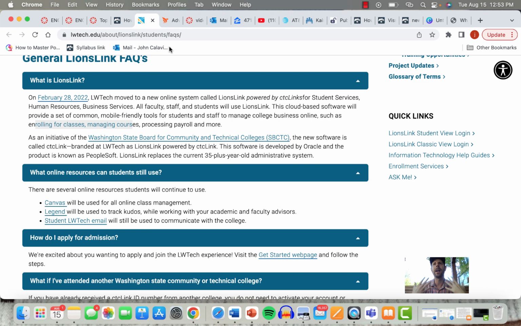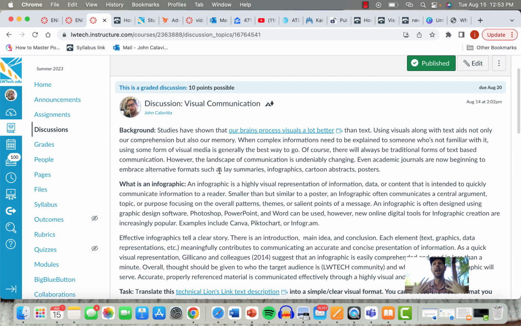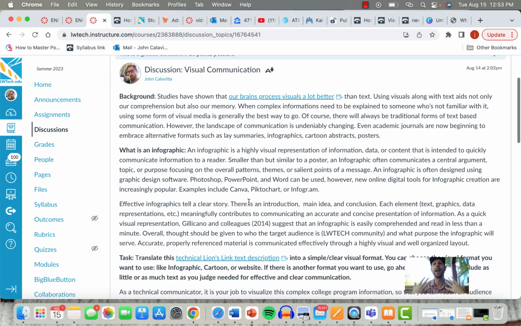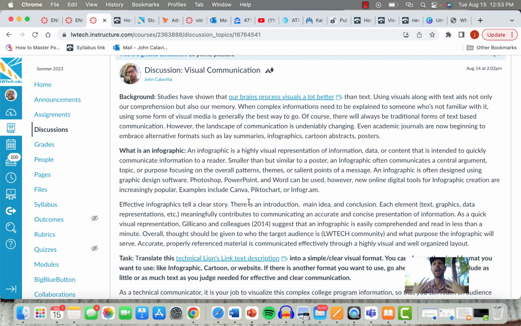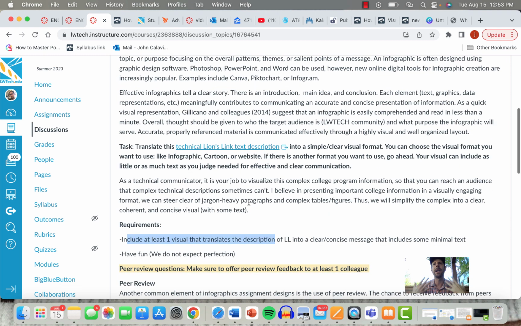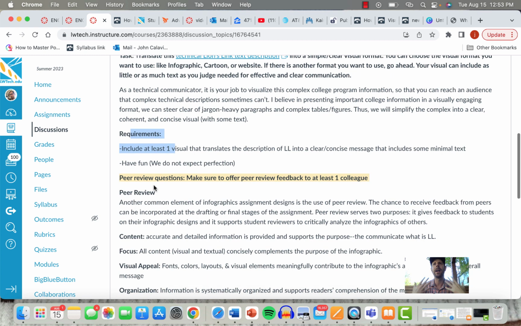All of the readings this week support that. We'll take a look at some of them. Again, you'll see the discussion this week. You get some background on an infographic and the purpose of this challenge. We're in a very visual society. I almost think that we're moving into a totally visual, not textual society. So we need visuals to help us convey complex information. So you see the requirements, lots of peer review